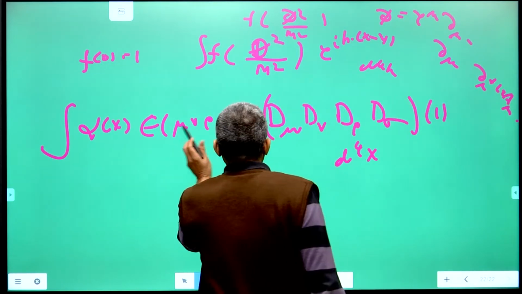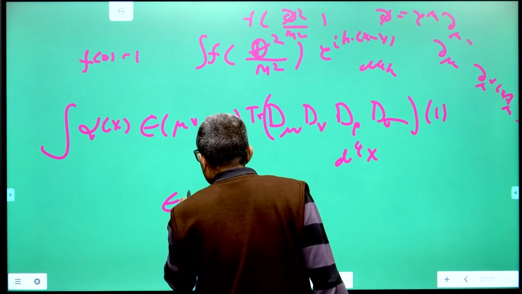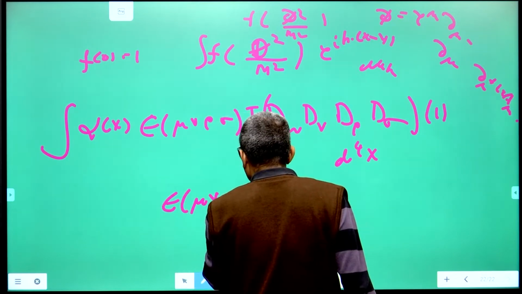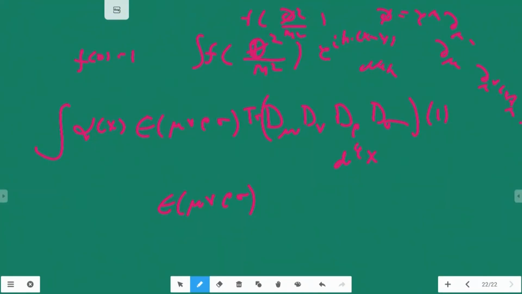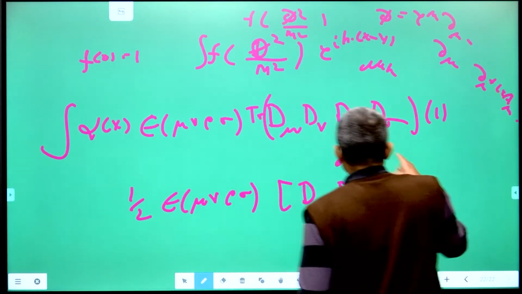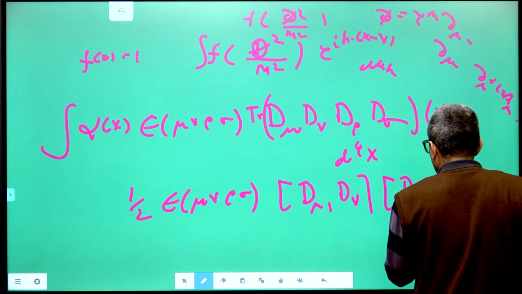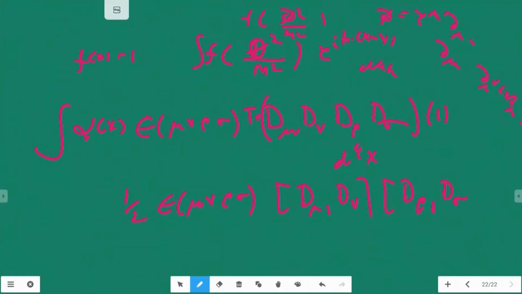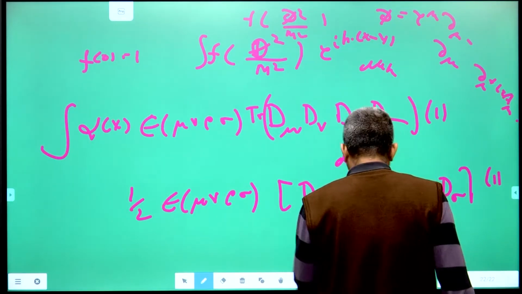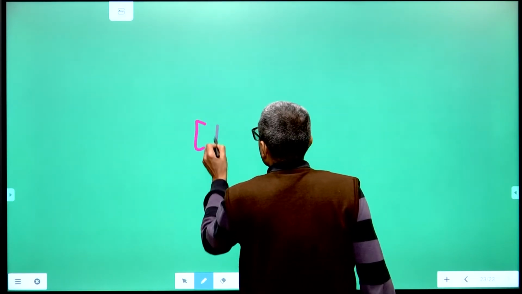Now this is completely antisymmetric, so this quantity is the same as epsilon mu nu rho sigma. I can antisymmetrize between d mu and d nu, and put a factor of half here, because epsilon mu nu rho sigma is antisymmetric in mu and nu. Likewise I can antisymmetrize rho and sigma and write it as the commutator of d rho and d sigma acting on 1. But what is this? This is nothing but the Yang-Mills field tensor, right? If you look at the commutator of d mu and d nu,